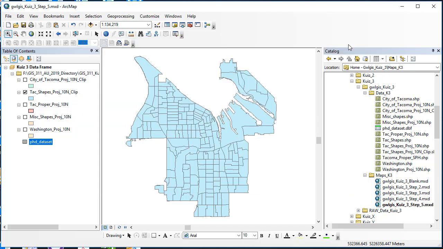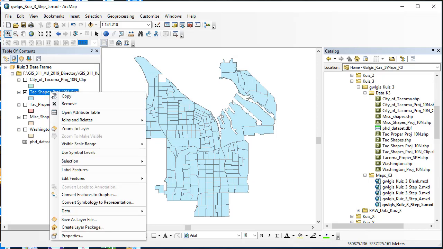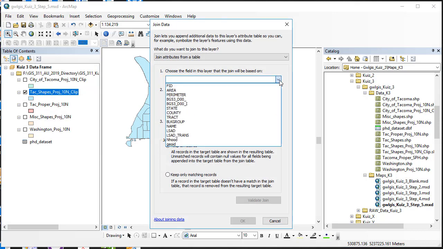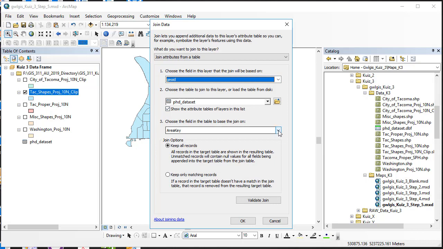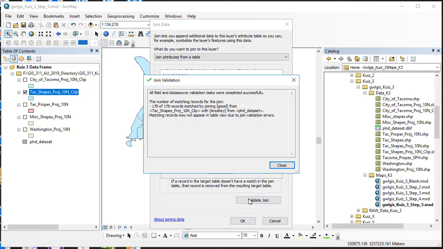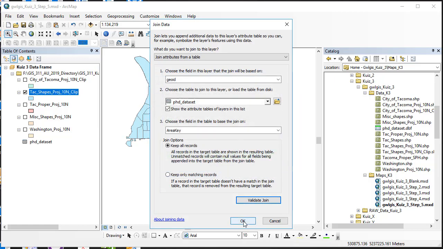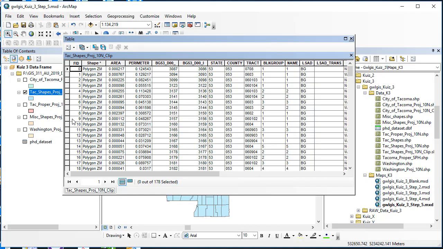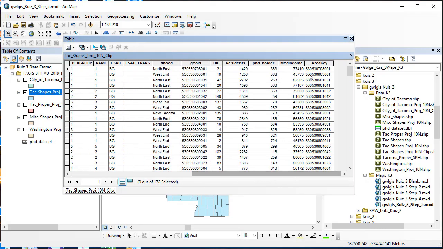When doing a join, you always start with the shape. I choose joins and relates, joins. It was GeoID and then area key. I'm going to validate the join. And then there's 178 records. I complete it. And now all of the information from the PhD dataset is added on to the end or